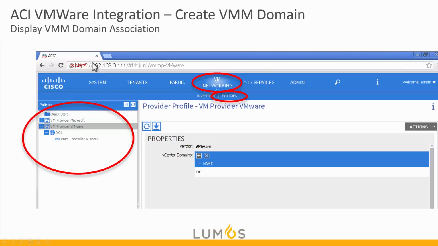The APIC admin still has to create the VMM networking and create the provider over to the vCenter. So it's still the responsibility of the APIC administrator to create the VM policy or the VMM domain. As well, we have to do everything on the fabric side. So we still have to create